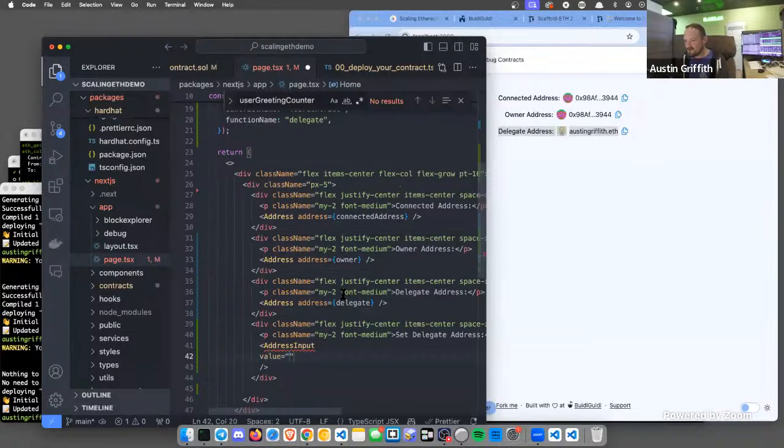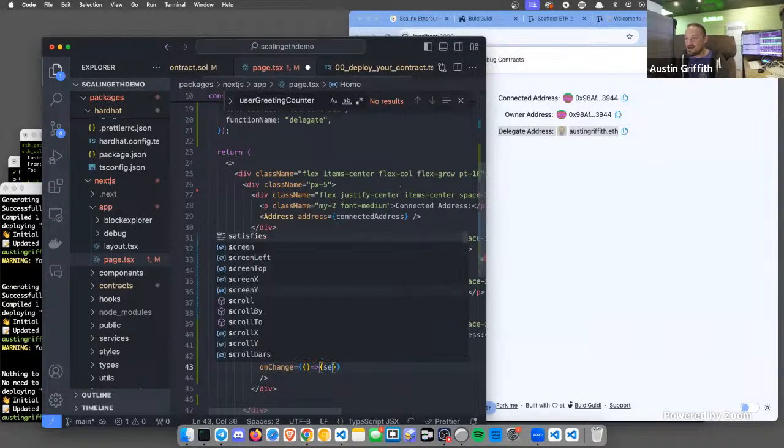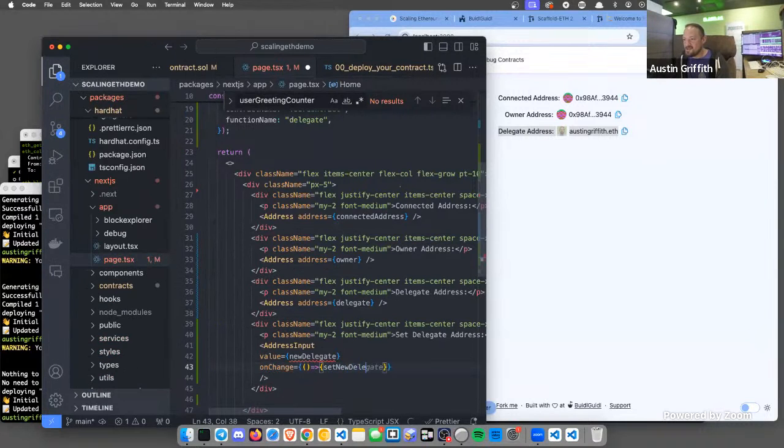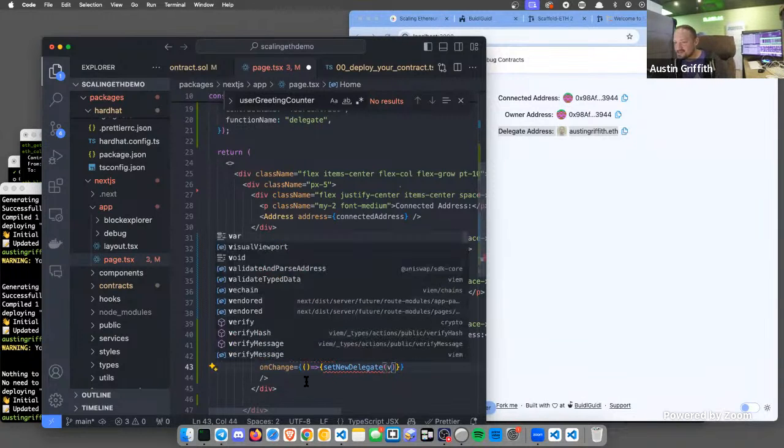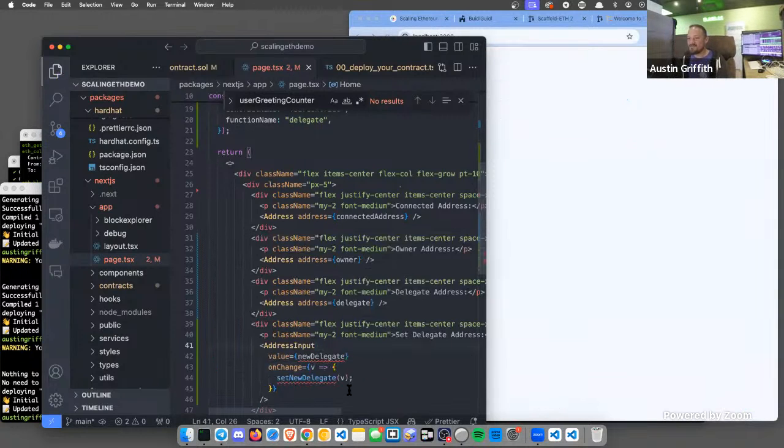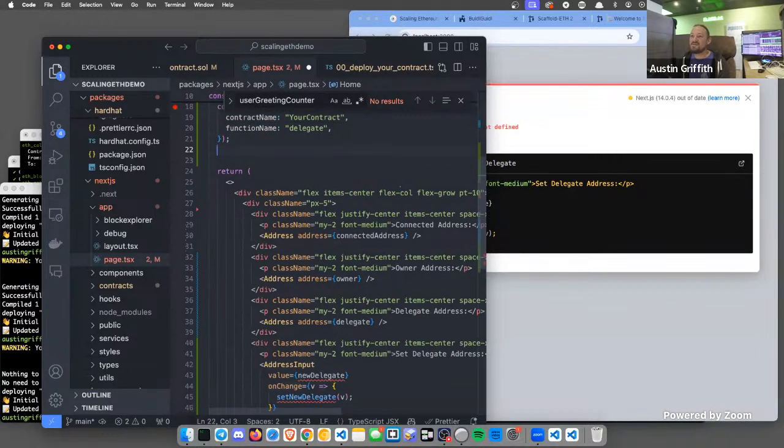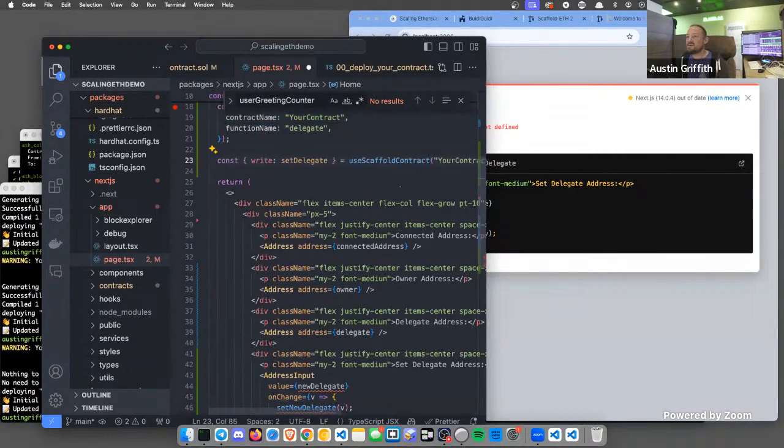I need a value, and we're going to set the value to new delegate. Okay, and then on change, there's probably going to be some function that does something like set new delegate to whatever the value is, something along those lines. Boy, that's messy. Okay, now let's see if Copilot figures out that I need, nope, that's not what I want. I want,